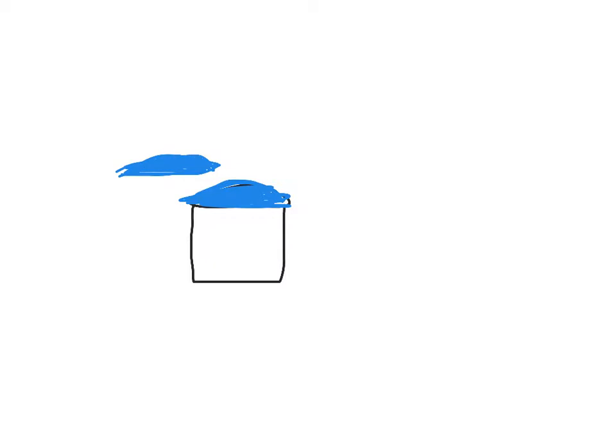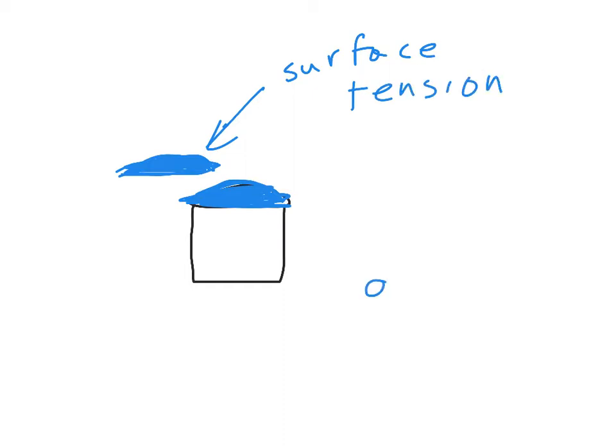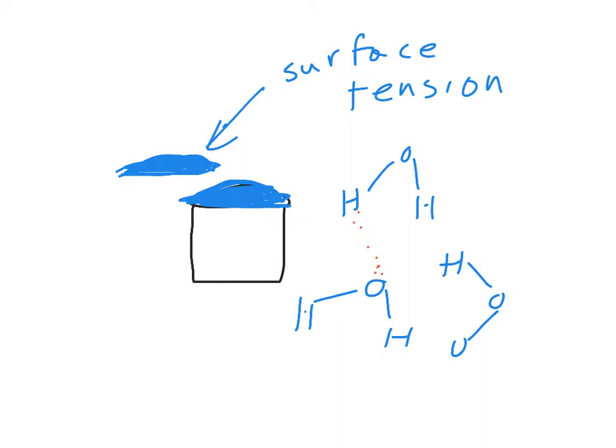This phenomenon that you're seeing is caused by something known as surface tension. Remember, we said that water molecules are interacting with each other, that water molecules experience a force of attraction for each other. Well, the force of attraction between water molecules usually goes out in all directions. Right? If you have a water molecule